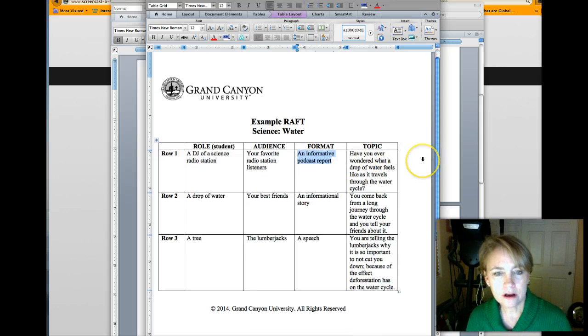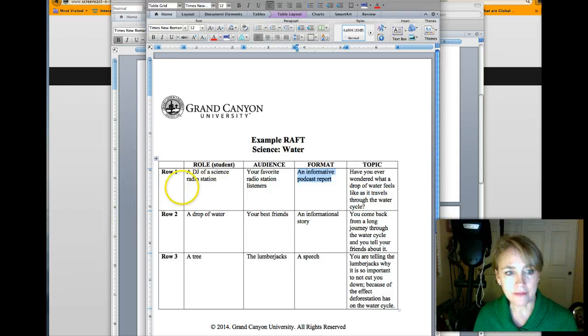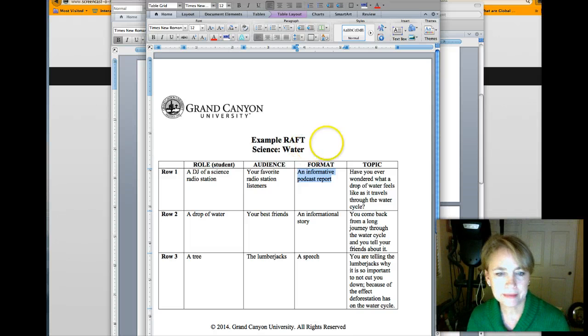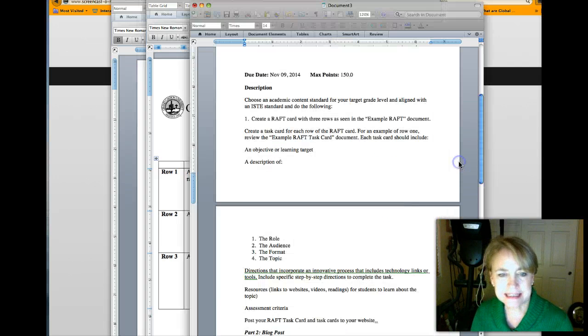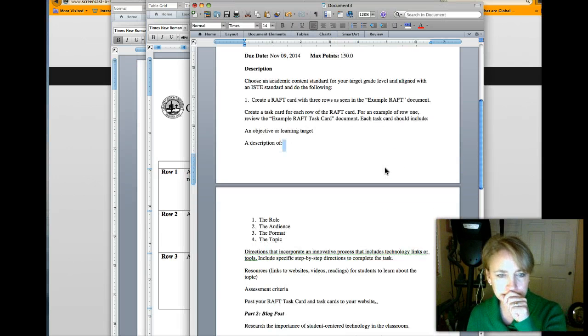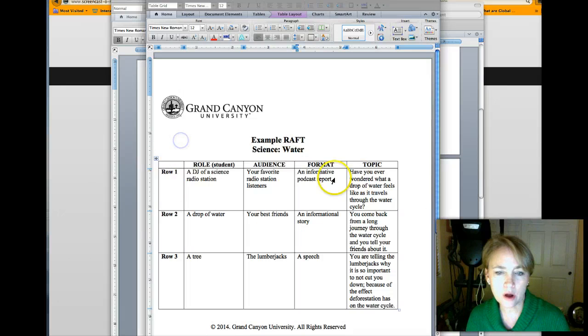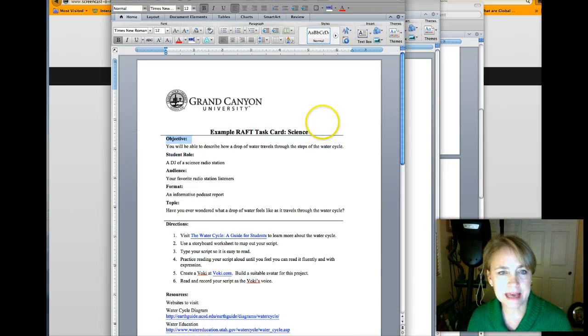So those are, as a student, an example of three different approaches to showing my learning about how I understand the water cycle. Okay? The next step then is creating the task card. Task cards go with each row, okay? And so here's an example of a task card